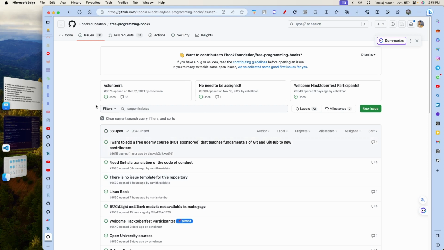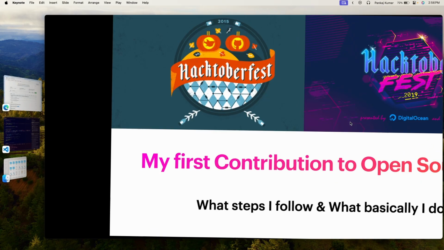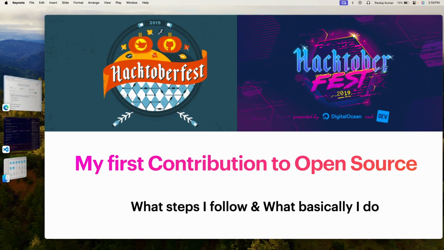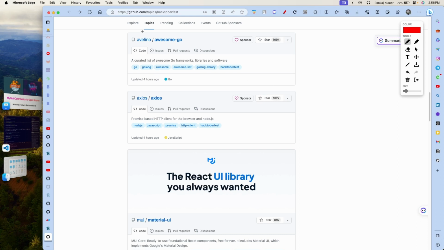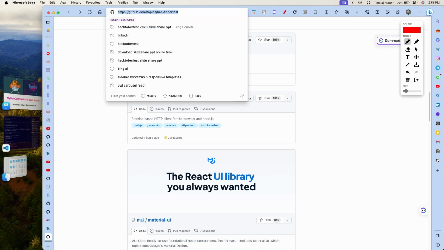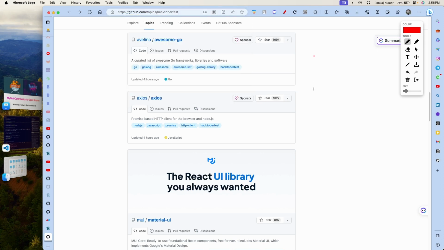Now let's jump to the next section, that is my first contribution to open source and what steps I followed, what basically I had to do. So let me show you each and every step I followed for my first contribution. To start my contribution process, I just came to this website. I will provide you this link in the video description, and I chose this repository, that is Axios. As a developer you are already familiar with Axios. Axios is used to make requests to an API endpoint. So I went to this repository